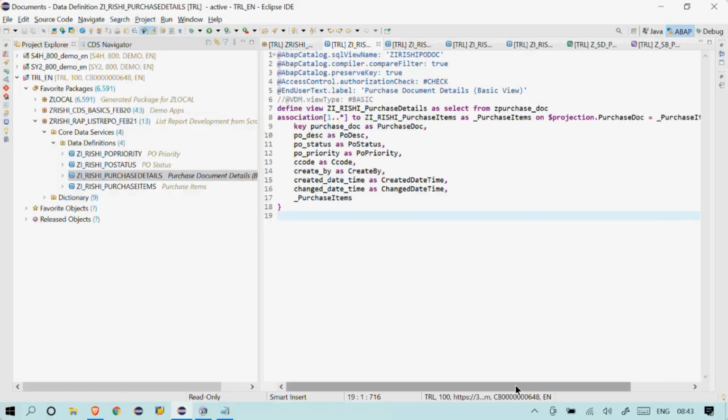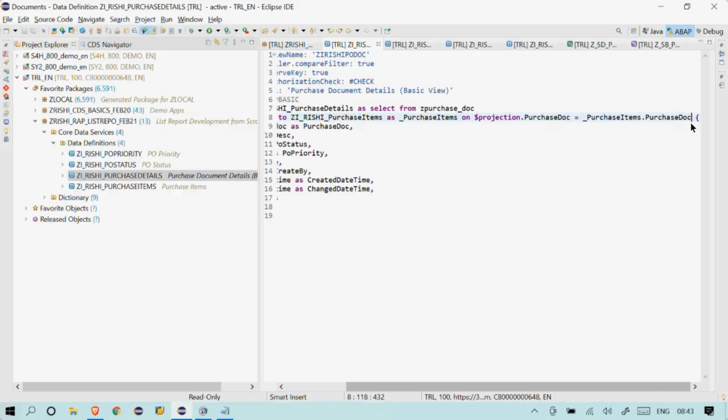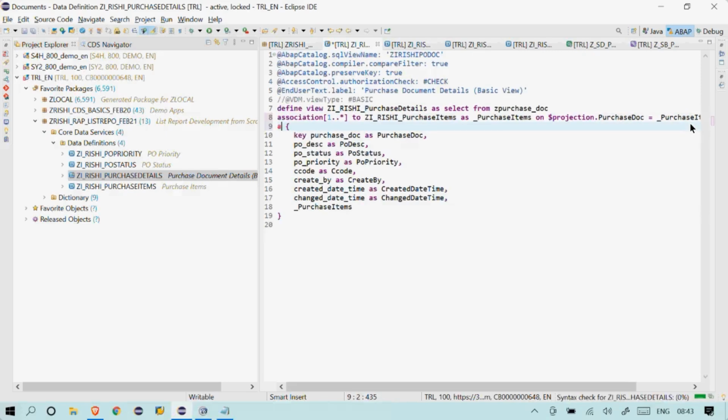So what else can I create? What is the other association I can create from here? We have to provide as much information as we can. I can create an association to my status also, because there is a field called status here. Suppose the user wants to get the details of the status, or the details of the company code, he should be able to freely navigate, or get the details from this particular field via association. So you have to see the possibilities, how many possible ways a user can access the data based on this view.